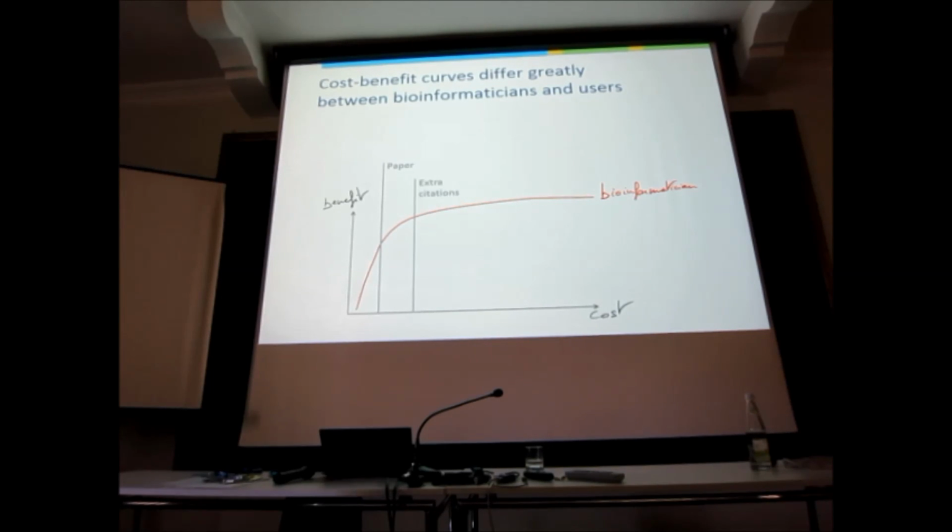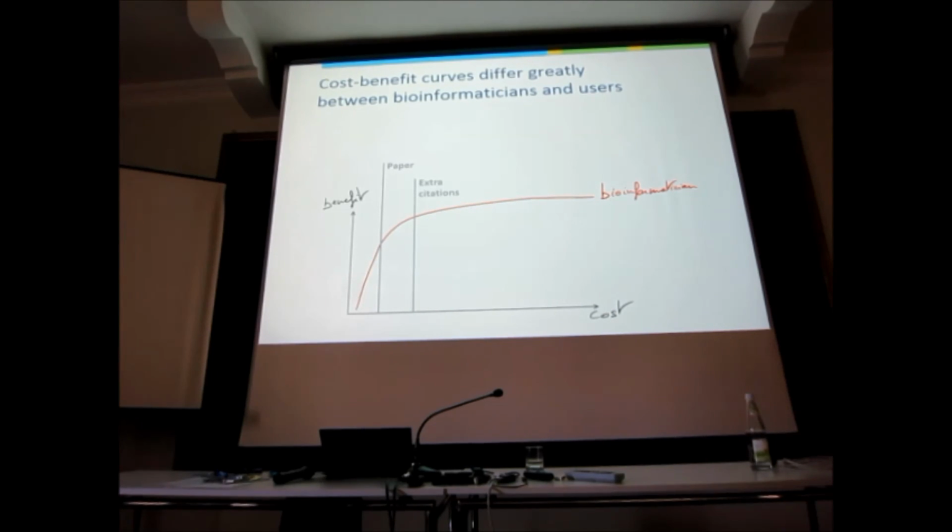This is the amount of effort you have to do to get some extra citations for said paper. You know what this extra effort means? It means that another bioinformatician can run it. How often do you think this happens? I would say in about 50% of cases people go this far. Now, the cost-benefit curve levels off after that.